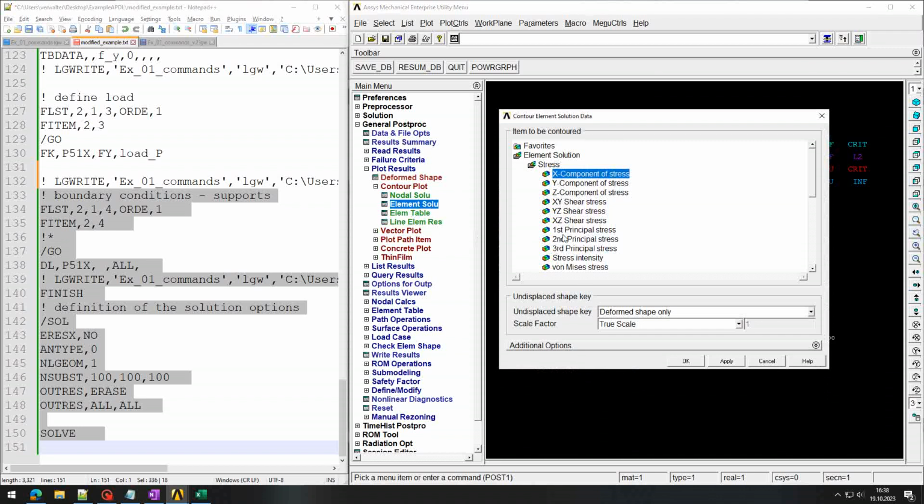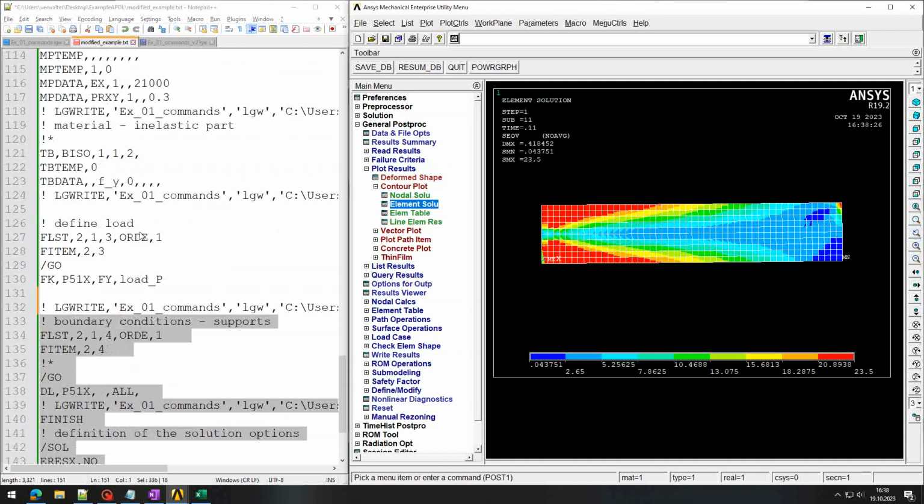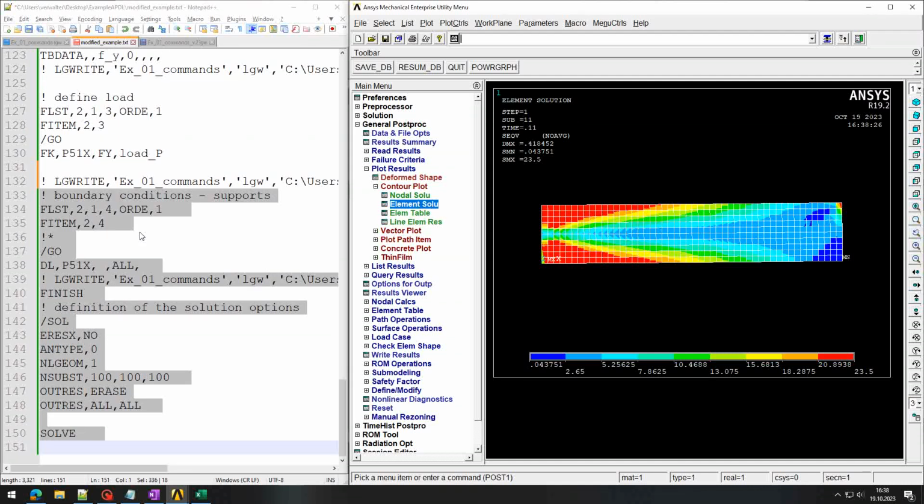Element solution for Mises stress. We see now how the plasticization is bigger in this section. What happens? The load that we are applying is bigger. I define the load as 222,